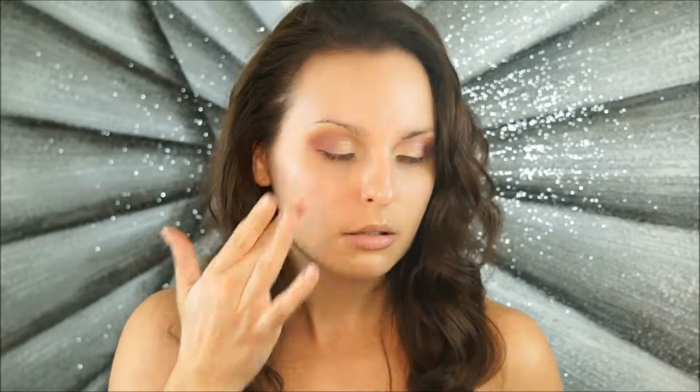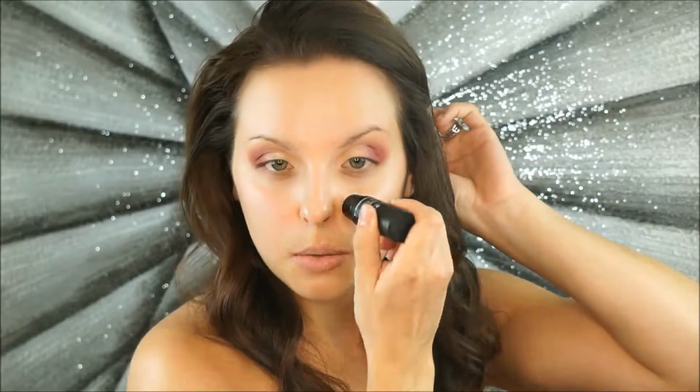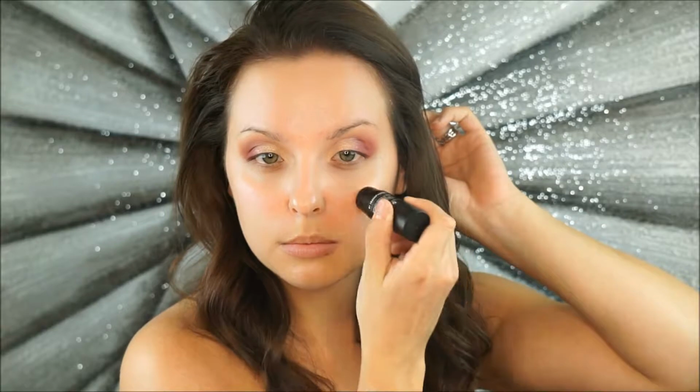I just love trying new stuff. So I'm actually just going to put it on and then press it in, and I'm going to focus this only on my problematic areas. Okay, feels pretty good. Feels a little dimethicone-y, silicone-y. I don't prefer that kind of stuff. The Benefit Professional, I don't like that on my skin. It doesn't look good on me, and this feels like it. So I'm hoping